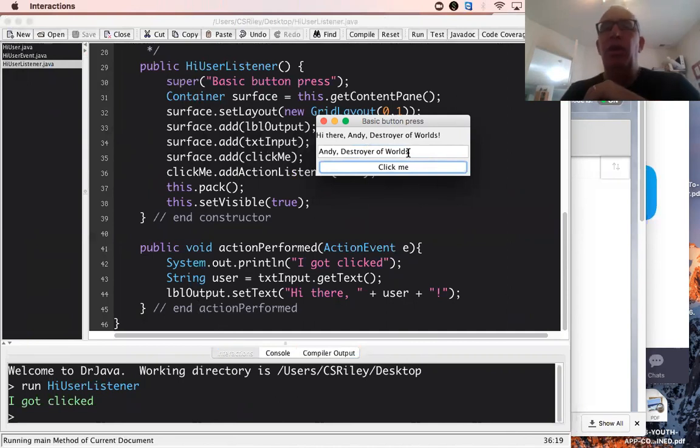So this is sort of the classic hello world of GUIs. Not only can I print something on the screen, which we did last week, but now I can take some kind of input from the user. We can process that input on a button click, and then we can send the result to another place on the screen. Well, this seems incredibly simple,